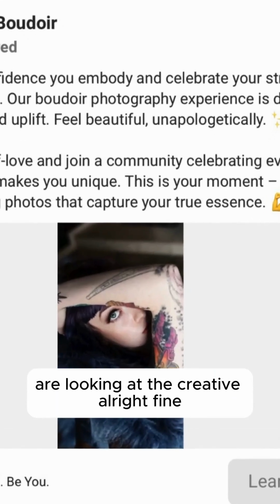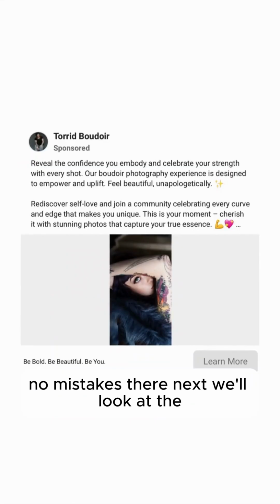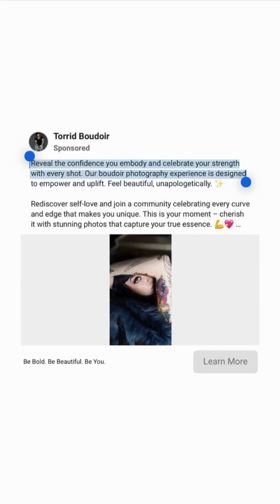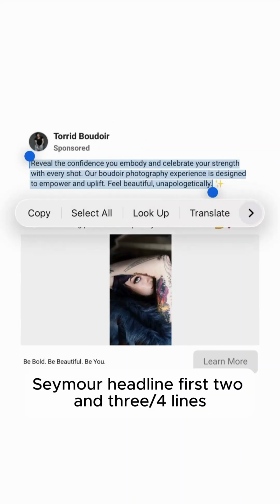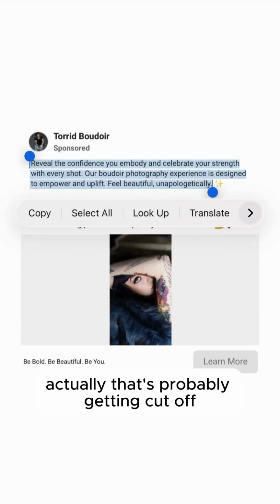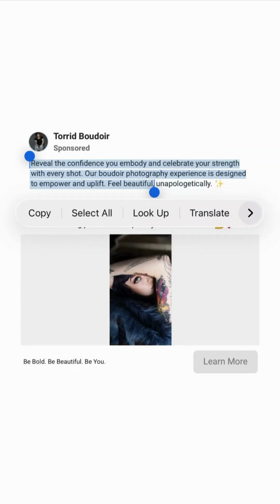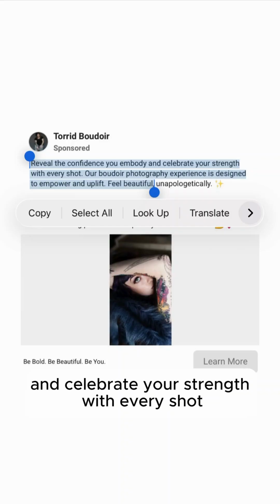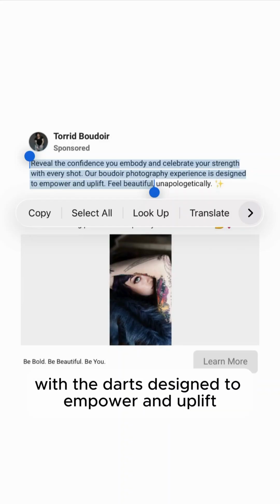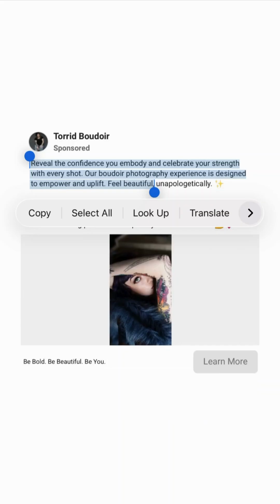Looking at the creative, all right, fine. No mistakes there. Next, we'll look at the see more headline, first 2 3/4 lines, Facebook newsfeed mobile. Actually, that's probably getting cut off. Reveal the confidence you embody and celebrate your strength with every shot, or with Bluff Talks designed to empower and uplift. All right, so